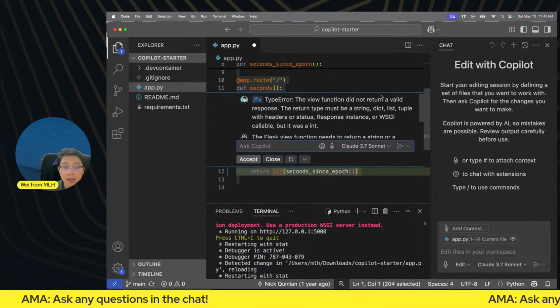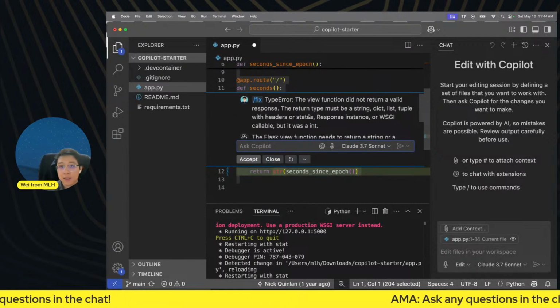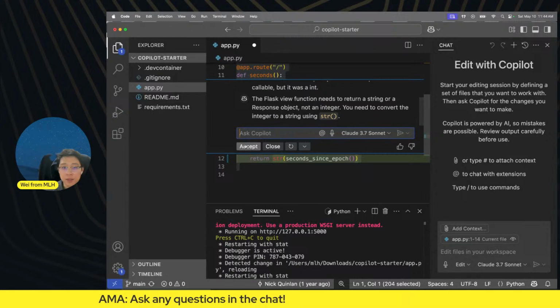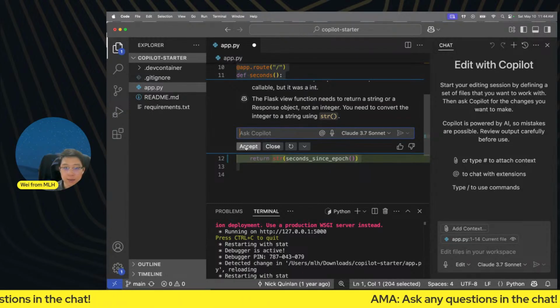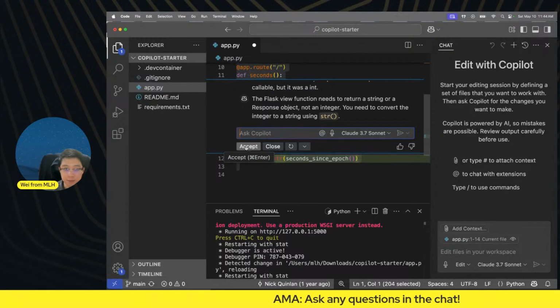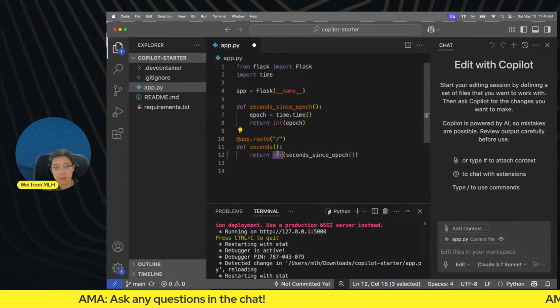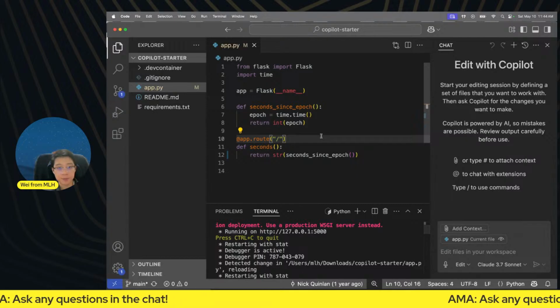Okay, and just like that, Claude 3.7 Sonnet has given us a response. All we needed to do was wrap the response in a string so that the correct type is returned. And boom, it's done, accept, and I can hit save.